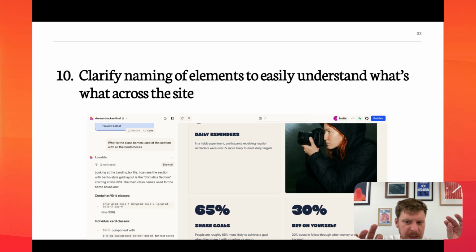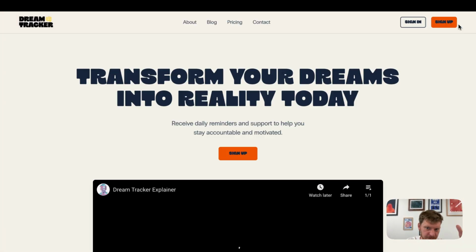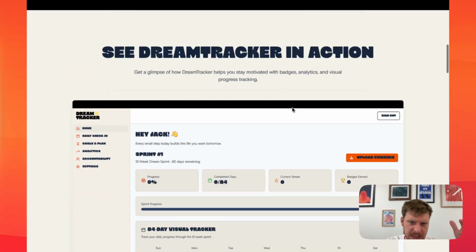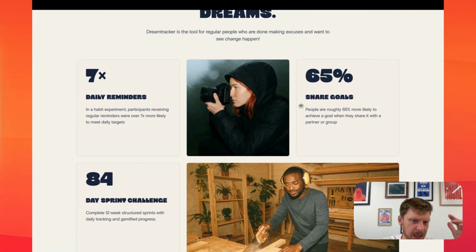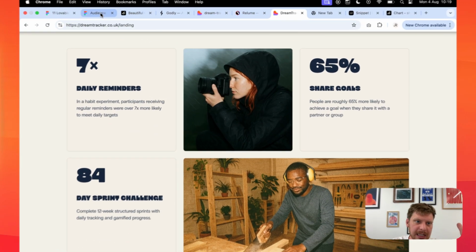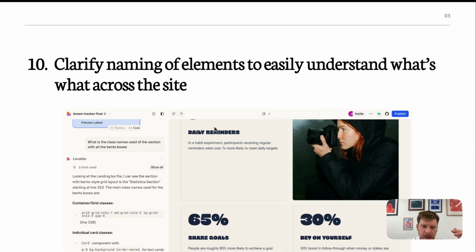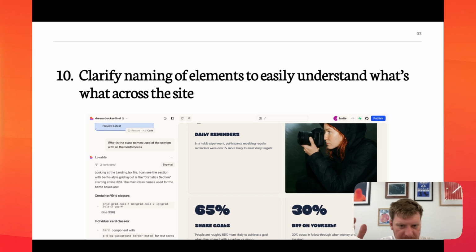If you're trying to change something specific, it's quite helpful to know how Lovable is calling stuff. So you can name, oh, interesting. Like, I want to change this section of the front end of the website. So this is the front end of the website. And I'm like, this bento box section I want to change. And you can just say, hey, what are you calling this section? Because I don't really understand. I'm trying to change this and it's not quite working.